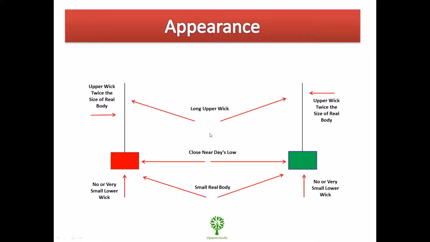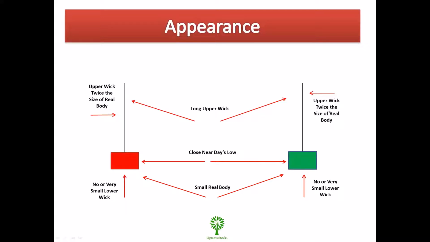So if a stock closes 50% above the day's low, it cannot be classified as a shooting star candle. You will have to ensure that the candle closes near the day's low. It is very, very important because only in that case will you find a small real body in a particular candle. So we hope that these 5 characteristics are clear to you. In case they are not, you can post a comment in the comment section and we will reply to you with the relevant information.